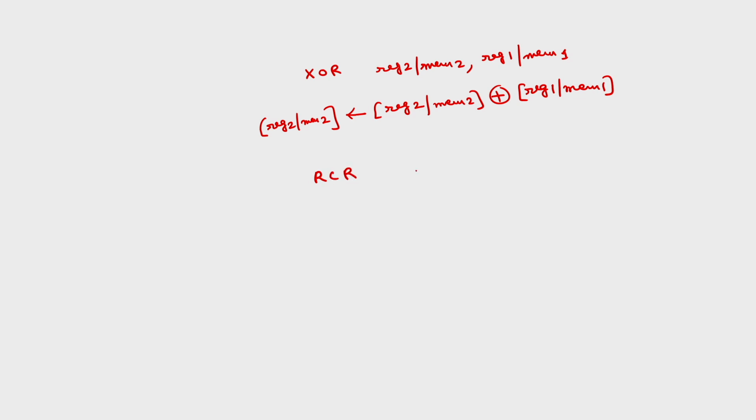Rotate the contents of any register or memory through right along with the carry. So, the general format of this rotate instruction is RCR. After that, you have to specify register/memory comma 1. If I want to rotate by 1 bit position, you have to specify this one, and which contents has to be rotated by 1 bit position, contents of either register or memory. Again, this register can be 8 bit register or 16 bit register, memory can be byte or word. So, if I take the example of this, if I take byte operation,